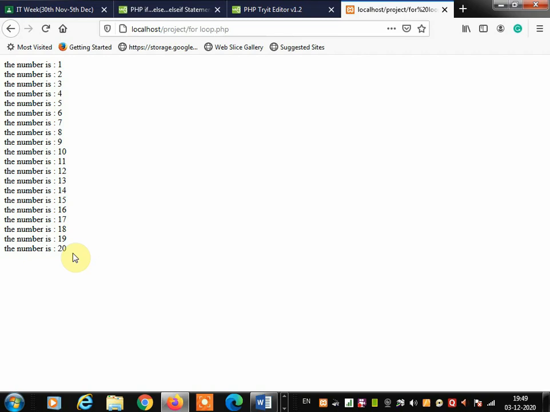Next, the foreach loop works only on arrays and is used to loop through each key value pair in an array. This year we are not going to learn arrays from your book, because this is page number 66 and 67. PHP array and PHP multi-dimensional array are reduced from your book because of the COVID-19 situation. So that portion is reduced, and we are not going to see the PHP array.